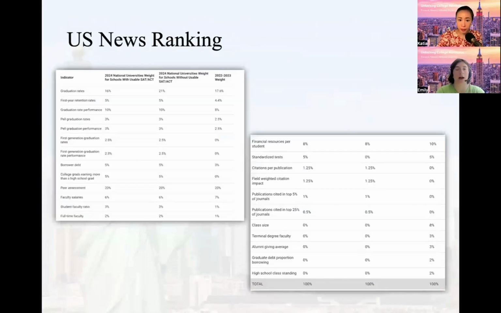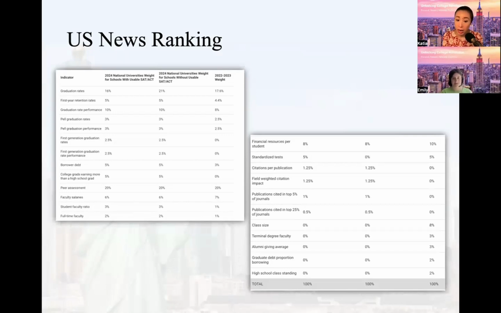Yes, and I completely agree. I just really want to emphasize that rankings can give you an idea, but they are not the end all be all, because as Katja said, some of the factors they use really don't matter for your undergraduate experience. For PhD, sure, maybe that's different, but we're not talking about PhD today. And lastly, I would really encourage you not to choose solely based on ranking. That's not the most important thing, especially once you start getting to comparable schools. 9 and 10, those are basically the same.